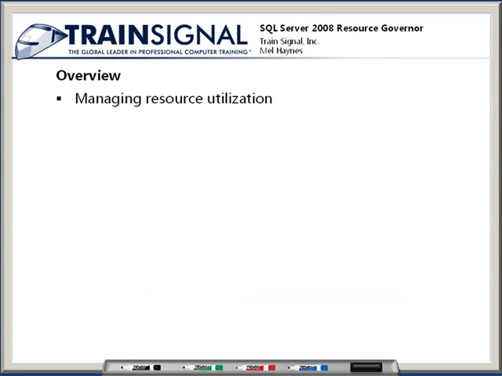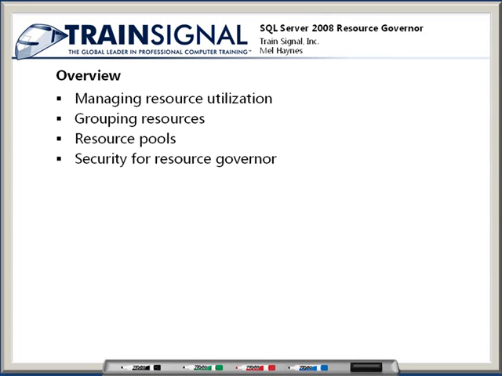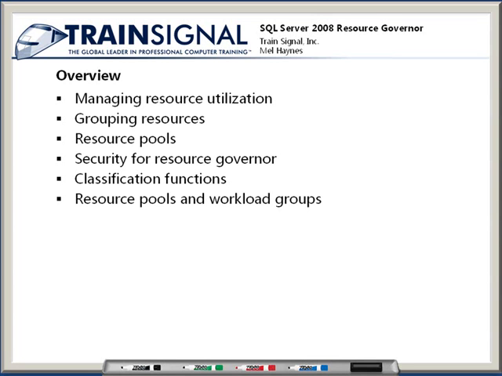So jumping into an overview, Resource Governor is going to allow us to manage our resources. So we'll get into managing resource utilization. We're going to look at grouping resources. What do I mean by that? We'll look at resource pools, and we'll actually visit that topic twice. First, more conceptually, and then later on we'll walk through some of the more specifics of resource pools. We'll look at the security surrounding Resource Governor. Classification functions. They are a key part of using Resource Governor. So we'll talk about classification and classification functions. And then we'll get into actually creating our resource pools and our workload groups for grouping the workloads under our